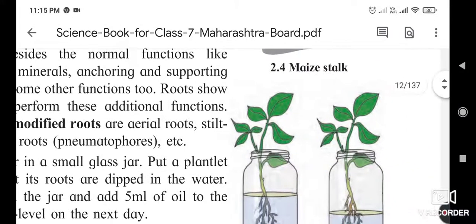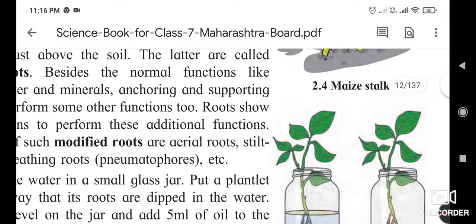Hello students, from the previous lecture we start a new lesson on plant structure and function.